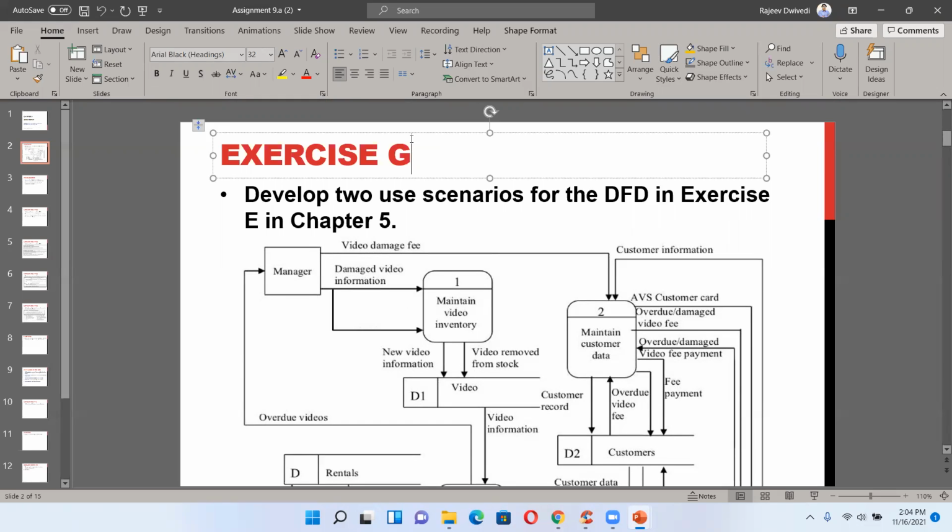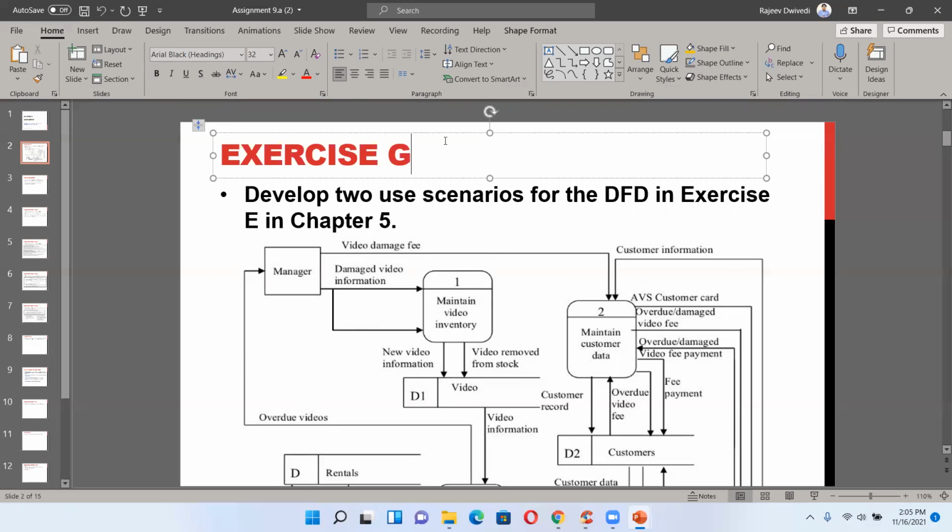I'm just opening. So look, I think everyone has the book. And if you look into exercise G in chapter 9, develop 2 use scenarios for the DFD in exercise E in chapter 5.